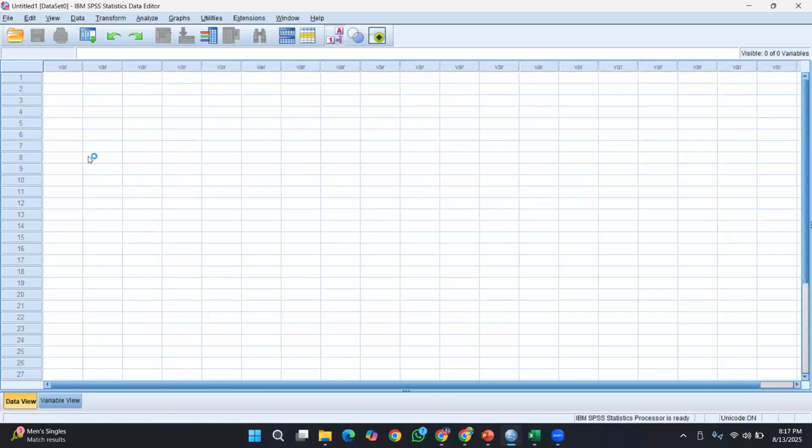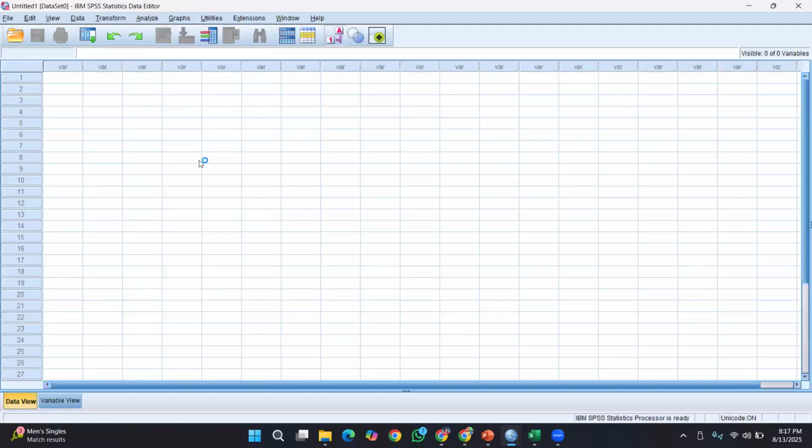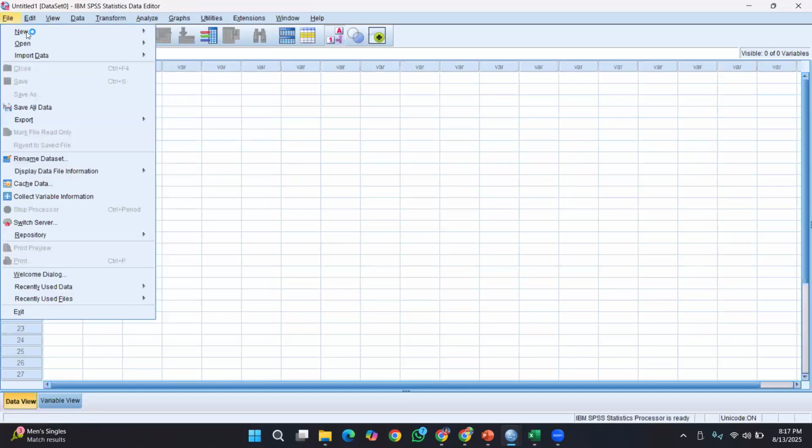Right. So whatever the analysis you have to do are there in the Analyze tab, right? Okay. Now, in getting ready your data set, you have to open data, right? Open your data set.